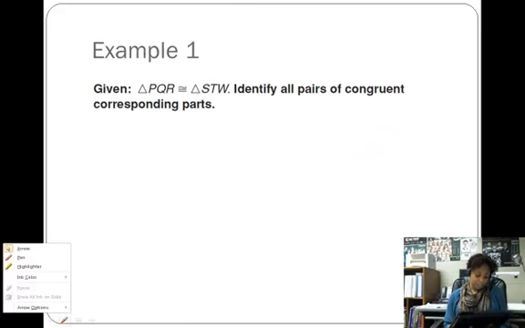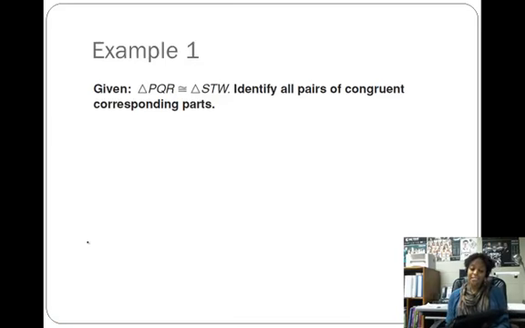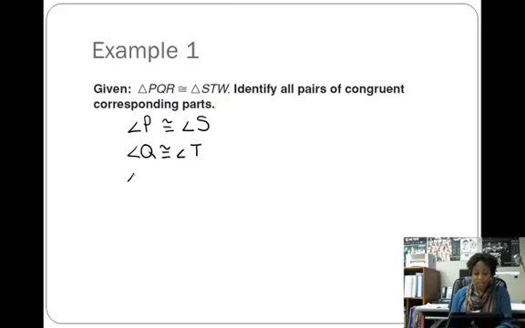In this particular problem, we are being asked to identify what the corresponding sides and angles would be. It says corresponding parts, but that means sides and angles. So for the corresponding angles, we would say that angle P would be congruent to angle S. We would say that angle Q is congruent to angle T, and angle R is congruent to angle W. Now for the sides, we're going to say that